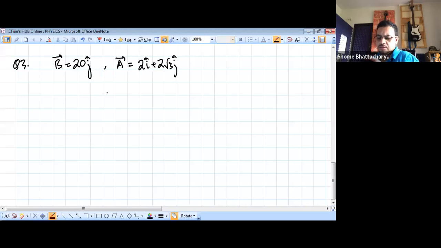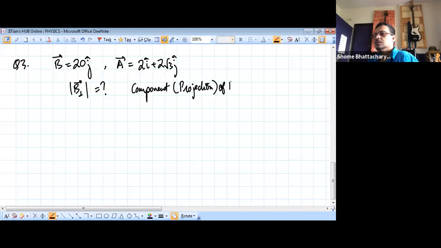Now in the third part, we have to find the component of B perpendicular to A in magnitude. So we have to find B's perpendicular component's magnitude, the component or projection of B perpendicular to A. This question can be done in a number of ways. The first method, the easiest method I'll tell you, is that